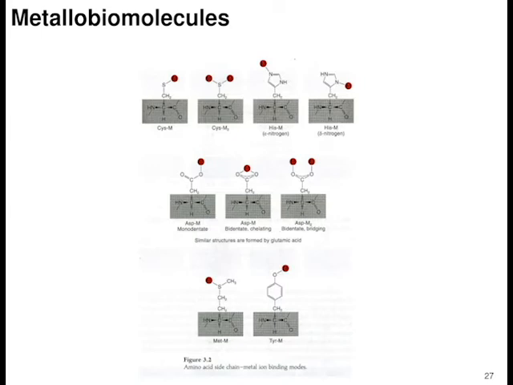So 4n plus 2, where n is an integer. If n is equal to 1, that will be 6 pi electrons. So that's why the benzene ring is aromatic, because it's planar and all the p orbitals are in conjugation. Planar, monocyclic, p orbitals in conjugation, and it contains 6 pi electrons, which obeys your Hückel rule. Now, if you translate this to a molecule here,